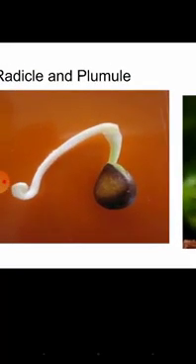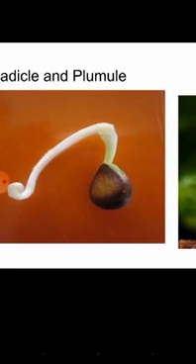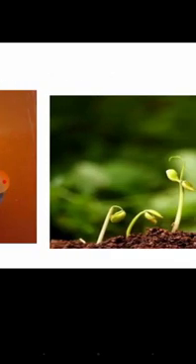From the seed, the one part that is growing, the white-colored outgrowth, is nothing but the radicle. The radicle is the root part of the baby plant, and that is growing out. If the root grows first, then only it can fix the seedling firmly in the soil. After the root has grown, the plumule comes. Next, see the next picture.